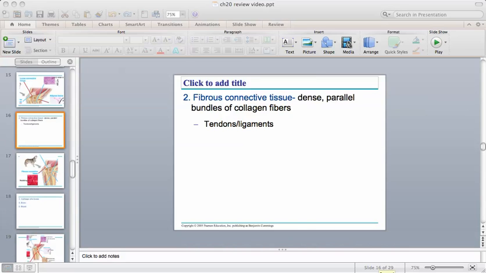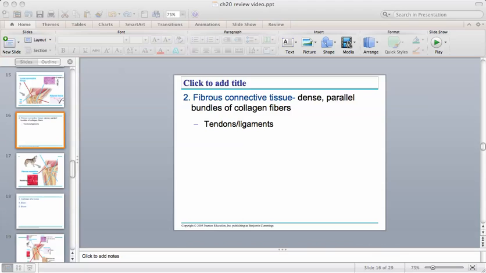Picking back up with connective tissues. Now the second type of connective tissue has a similar cell type to the first. However, the cells are arranged differently in that they are in these parallel bundles, and being in these nicely, highly organized parallel bundles, it gives them a very dense structure, and that lends to its function because